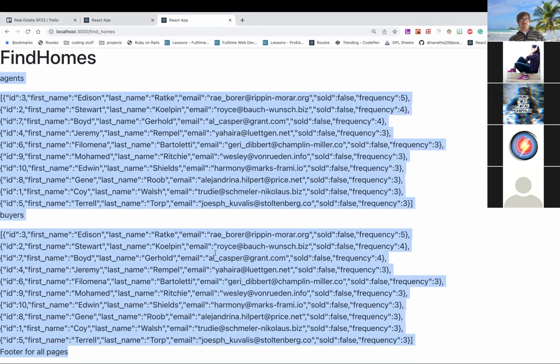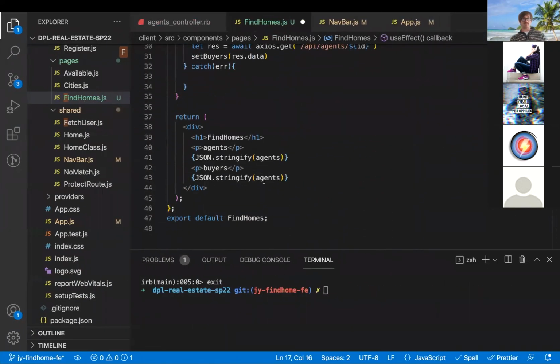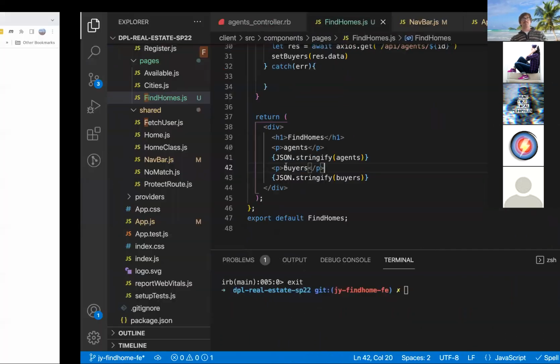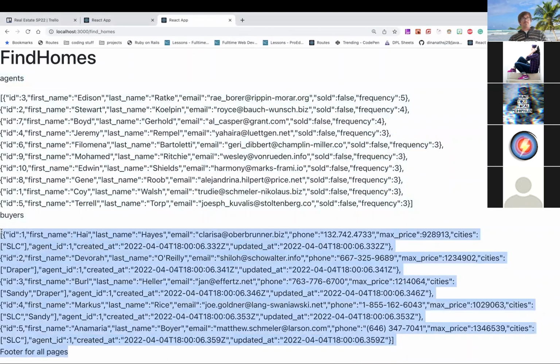That looks like it's still just getting my agent data, but that's probably because I'm rendering it right here or stringifying it. Just do my buyers. Cool. So I have my agents, and then I have my